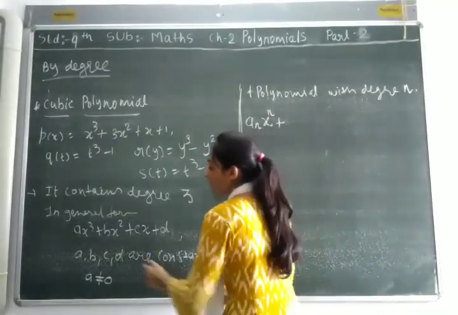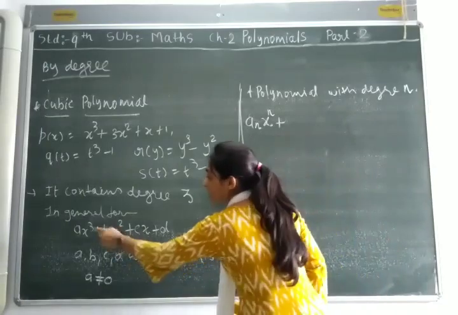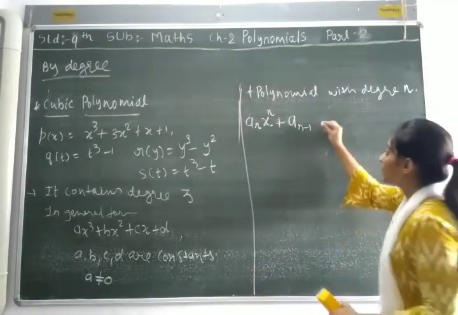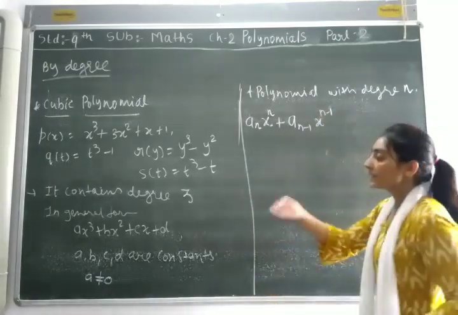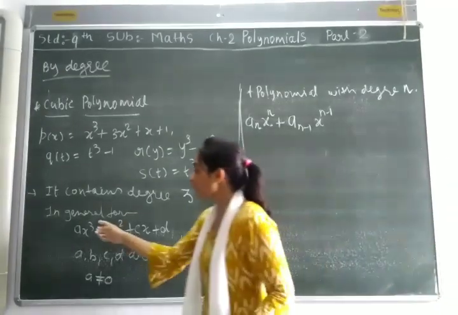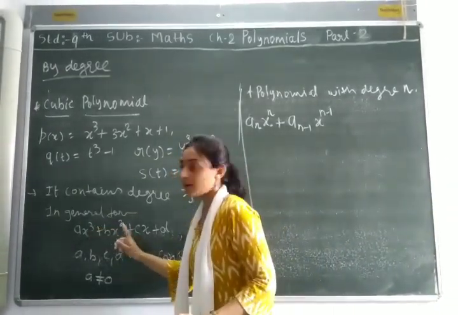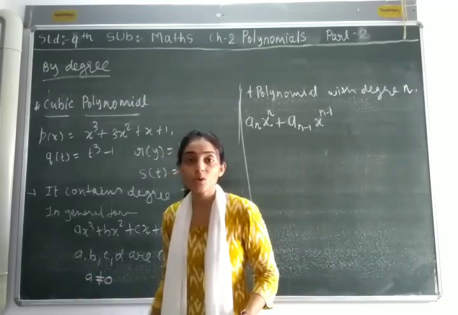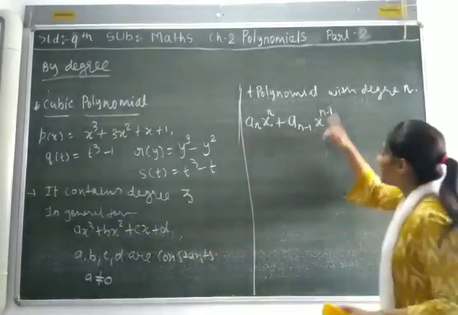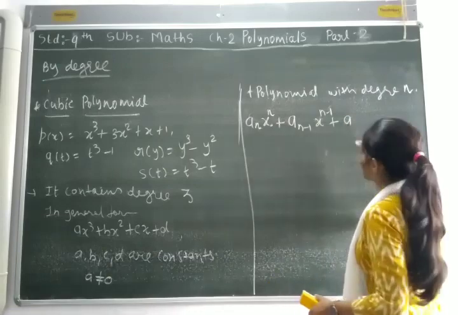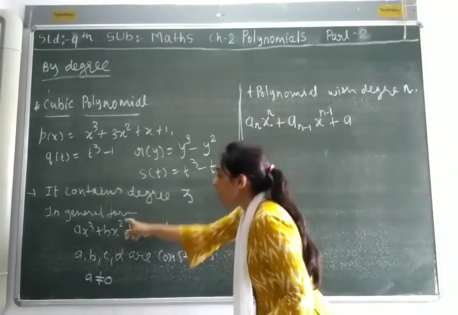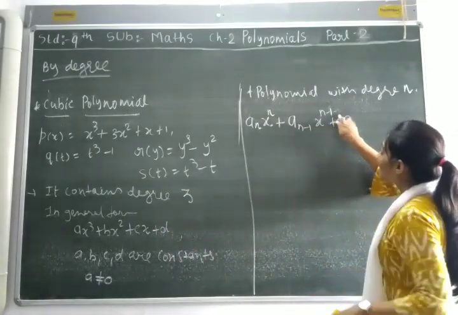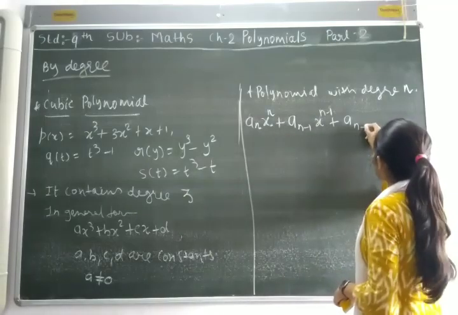Now my power is decreasing. 3 then 2. So I am writing n minus 1. So the power should be n minus 1, decreasing by only 1. If this one is my n term and I subtract 1, what remains is n minus 1, because we don't know what n is. That's why I am writing n minus 1. What is the next one? After subtracting from this one, again subtract 1. So if I subtract 1 again, I am getting minus 2. So here n minus 2.